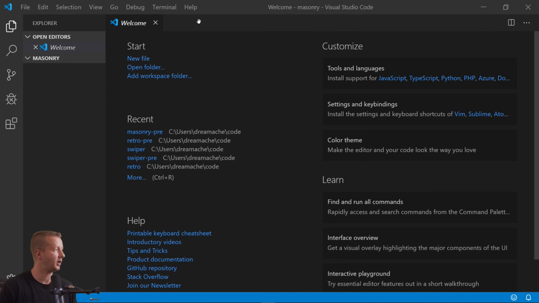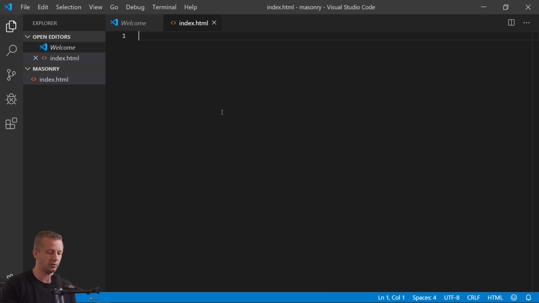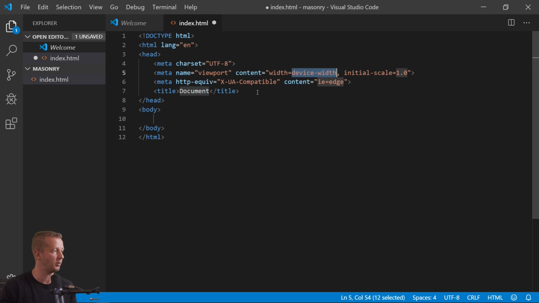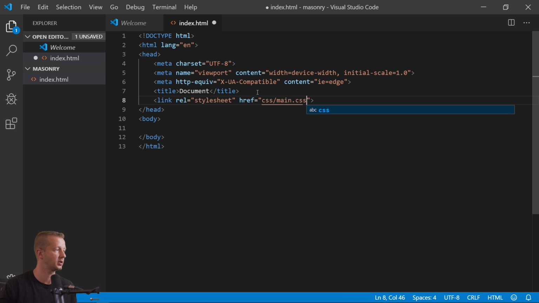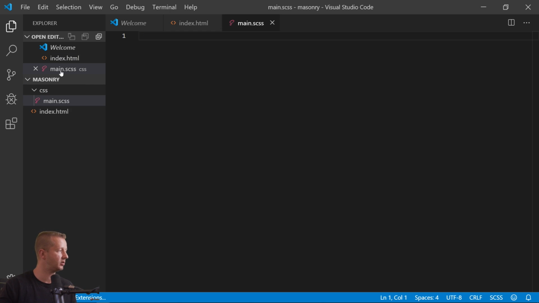So I have Visual Studio Code open here with a blank folder called Masonry. So we're going to create an index.html. Then we are going to type exclamation point and press enter for an Emmet abbreviation, then link, enter, and CSS main.css. All right, so also we're going to have a CSS folder with a main.sass file, and